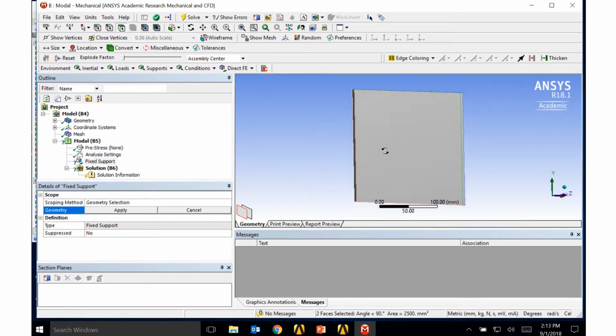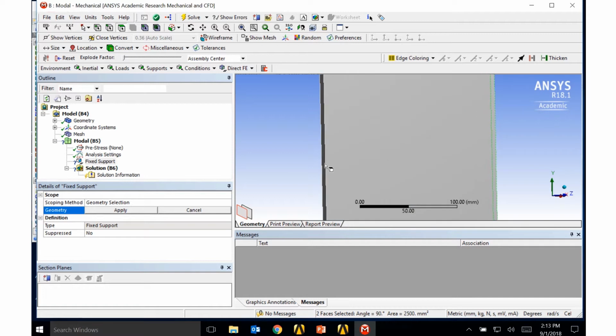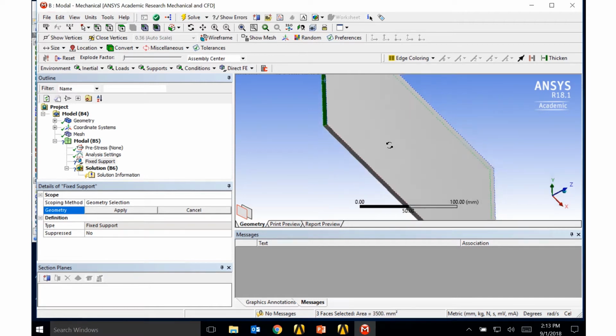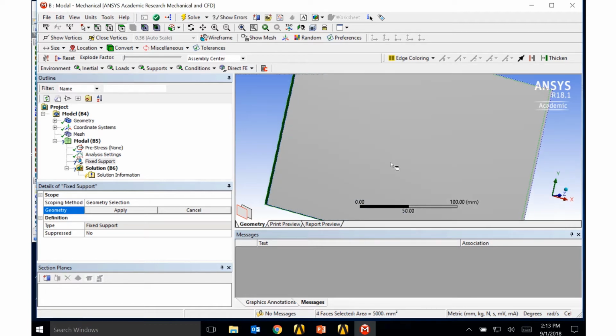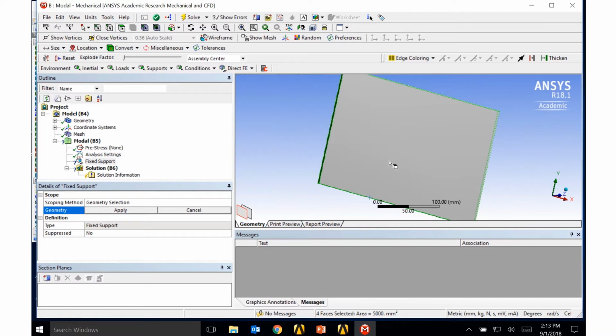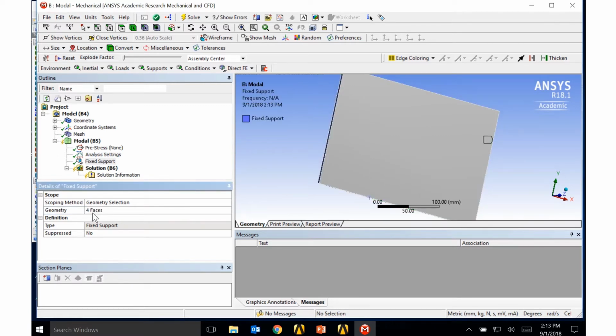And so I'll control left click these edges, zoom in, control left click again, and I got one more edge, control left click, and I have now all my edges selected. And I'll go ahead and click apply, and you can see that it applied that fixed support on these 4